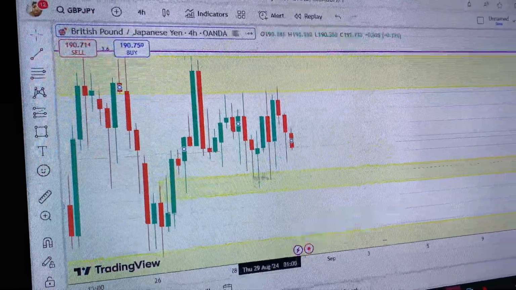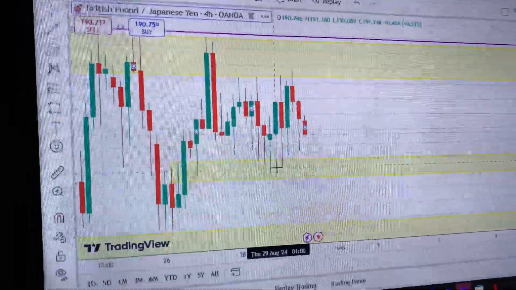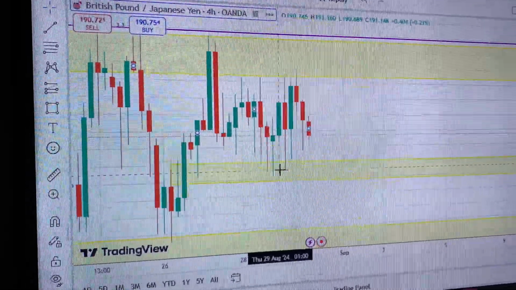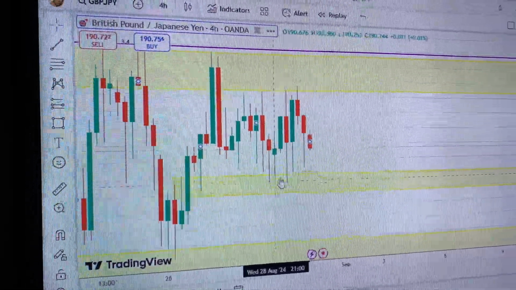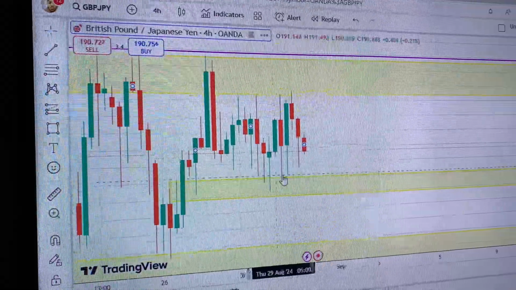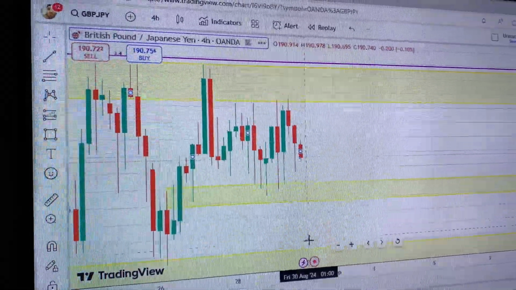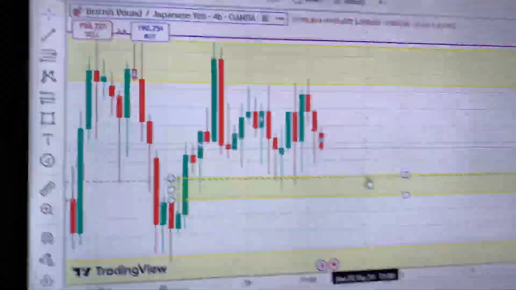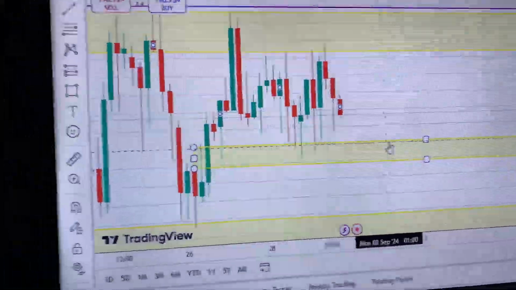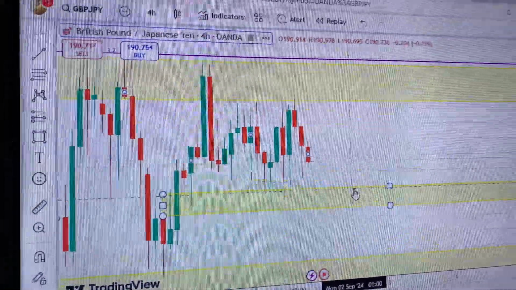But I'll still wait because price came here. I took some trades yesterday and today. Price came here, went back up, so price is playing around this area. I'll see if price will break this place down, then we'll still buy when we get another confirmation, you know. So trading with Confluence is basically having